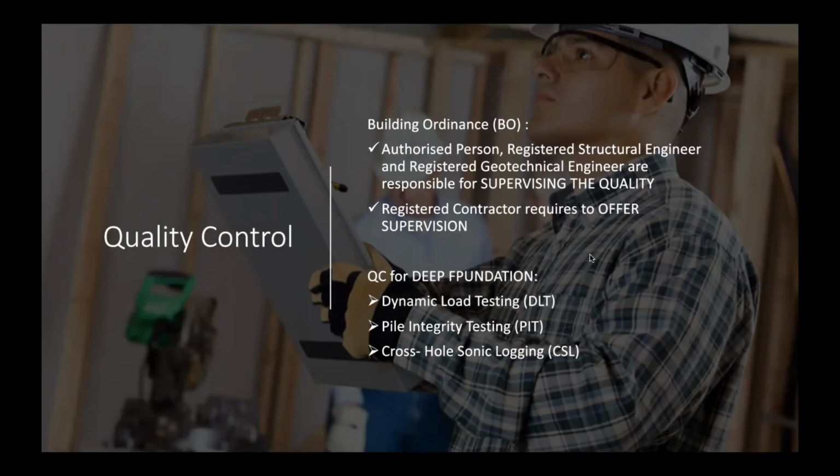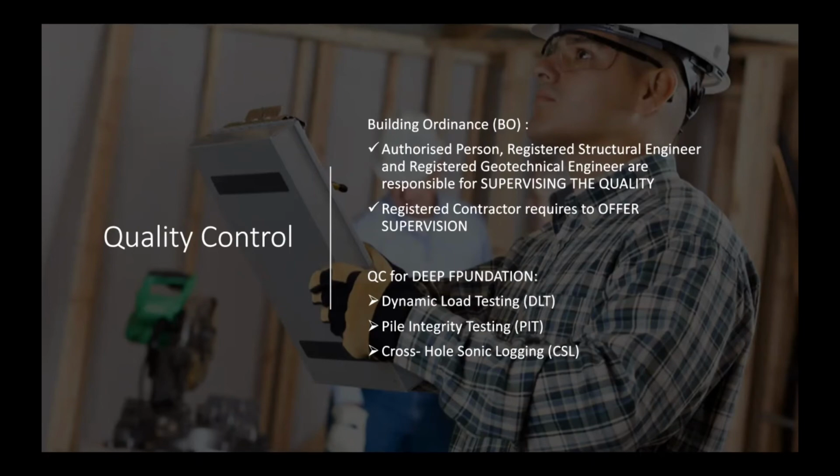For quality control, according to the BO, during each construction project, the AP, RSE, and RGE are responsible for supervising the quality of the superstructure. Meanwhile, the RSE has the duty to offer supervision continuously and to ensure the building works follow the supervision plan strictly. Indeed, some technical tests are performed by professionals to determine the quality of the foundation system in terms of its depth and integrity. Take the quality control for deep foundation as an example. There are 3 tests used to measure safety, such as dynamic load testing, pile integrity testing,